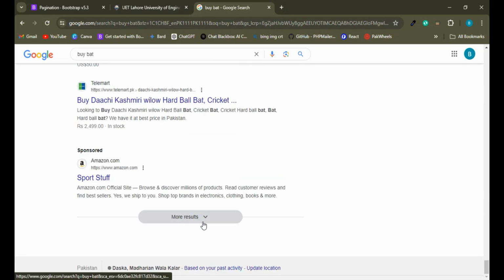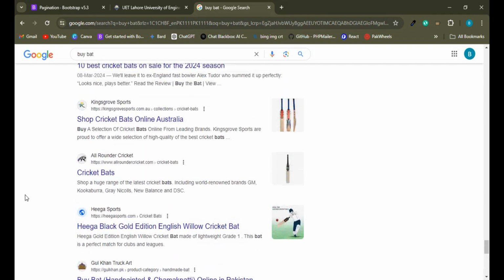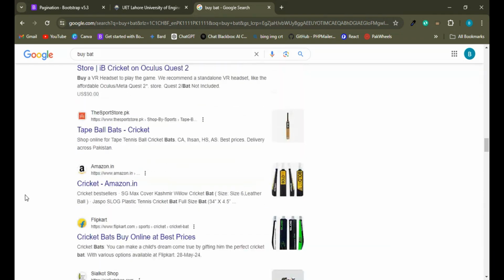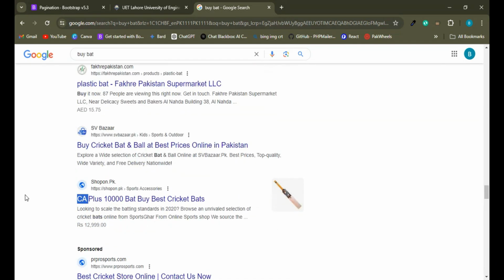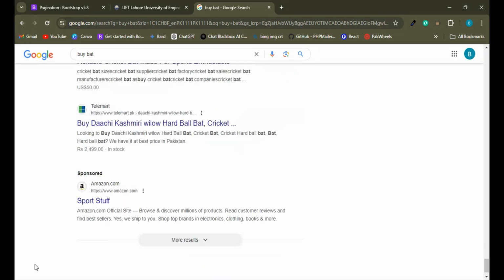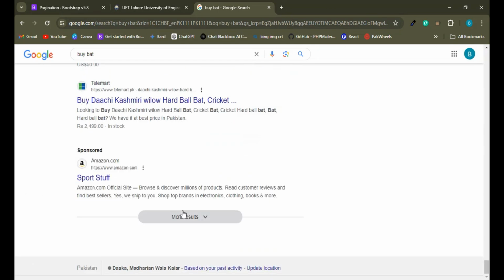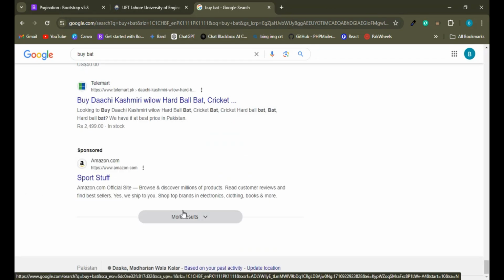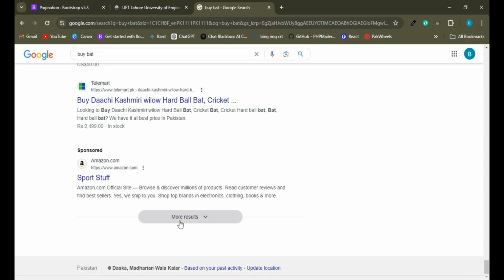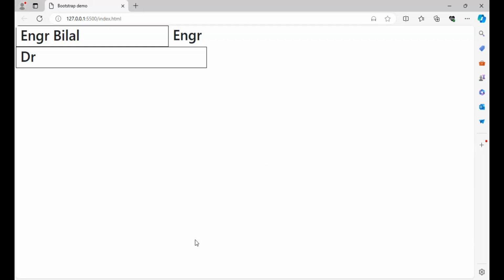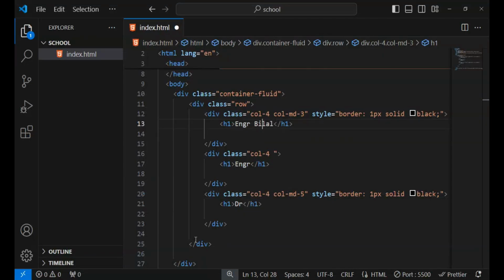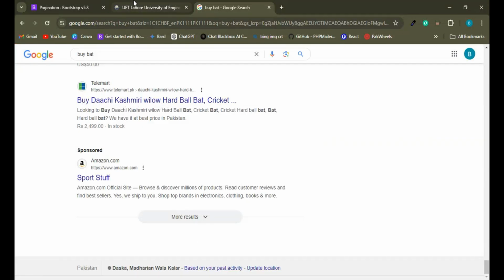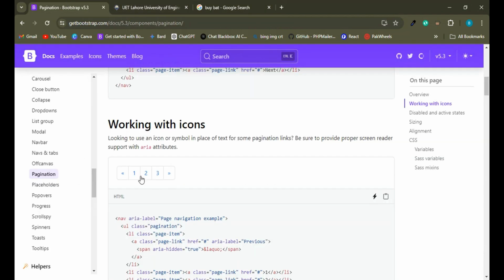Here it is showing more results, but Google can also write here scrolling down. Google is showing here more results, and instead of more results it can have some